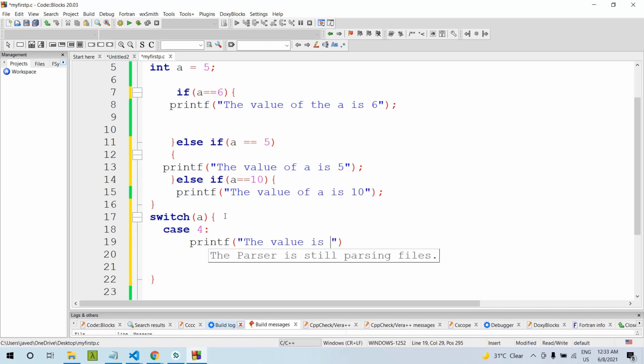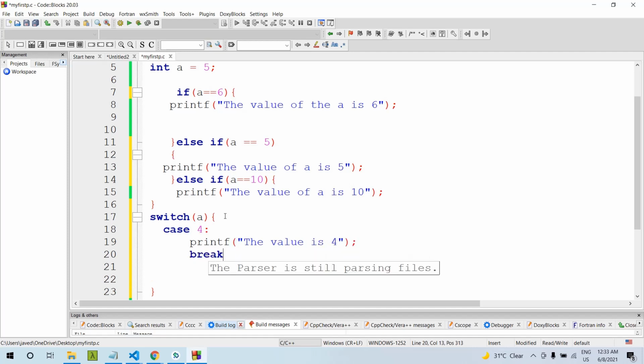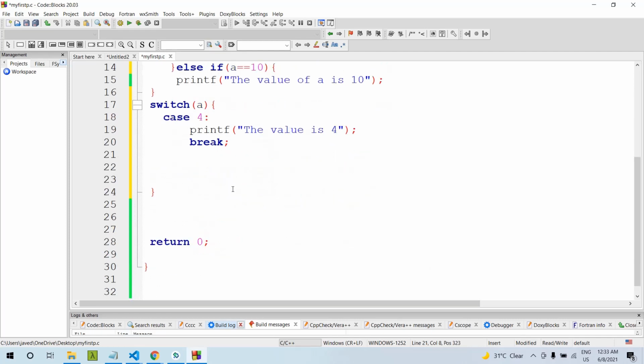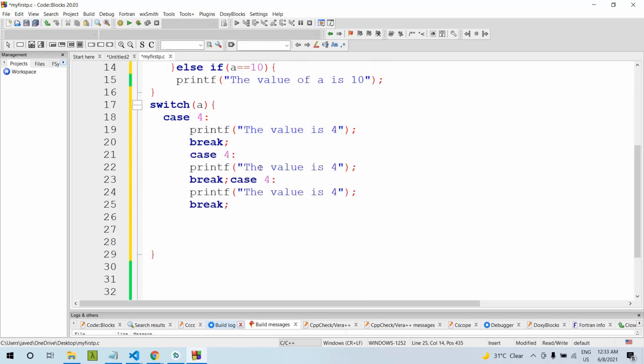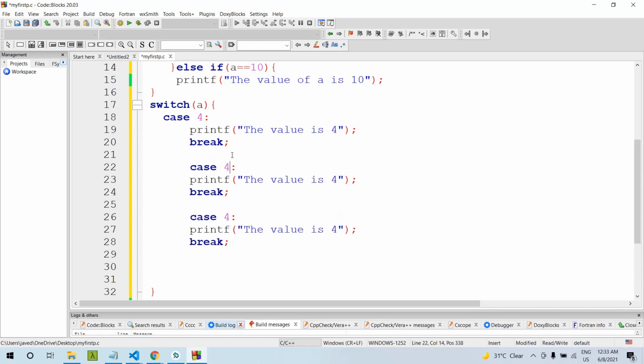Here we can write the statement. We have to write the break statement as well. So we can just copy this. We can write here case 5 with the value 5, and case 6 with its value.